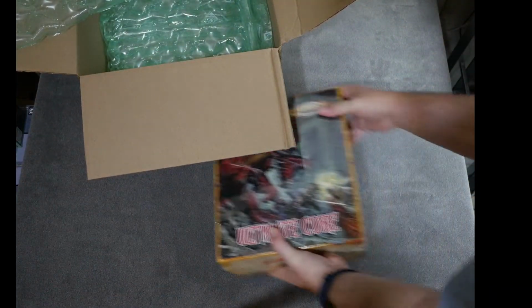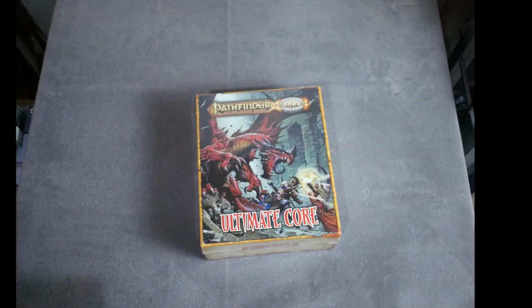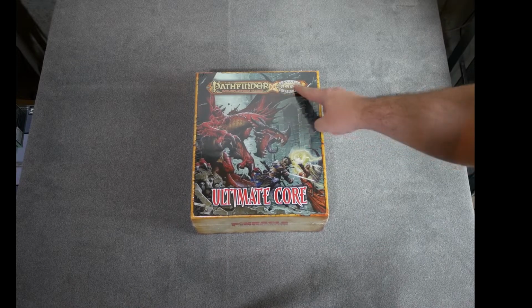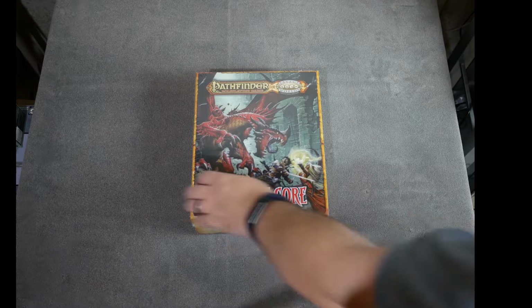10 pounds. So the 10 pounds is not made of packing material. It's very well packed with the air pillows. So good job on Miniature Market there. There it is. The Pathfinder role-playing game for Savage Worlds Ultimate Core box set. It's very cool. Let's open it up and see what...